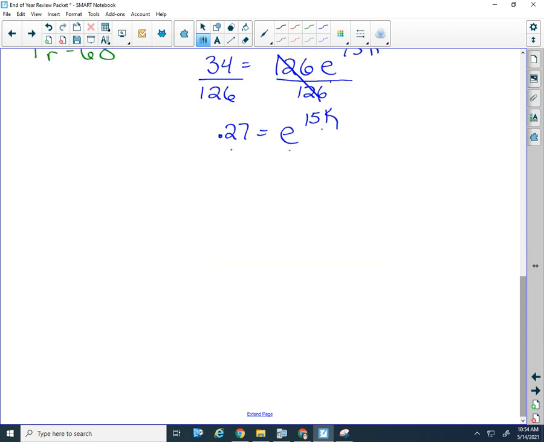You can use log base e, or you can use the ln button. Log base e of 0.27 equals your exponent, 15k. Get k by itself, divide both sides by 15, and k equals